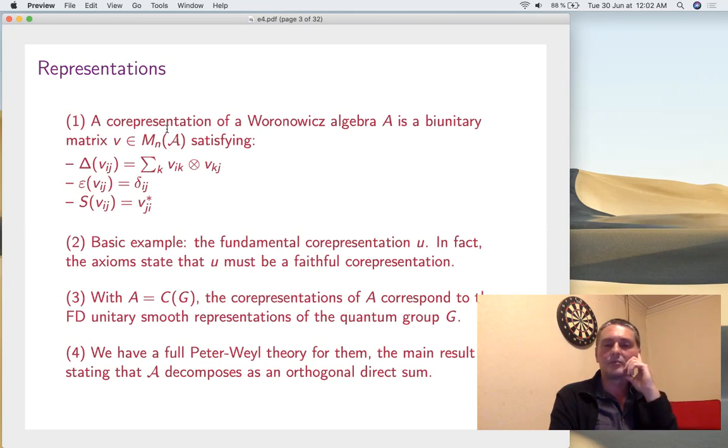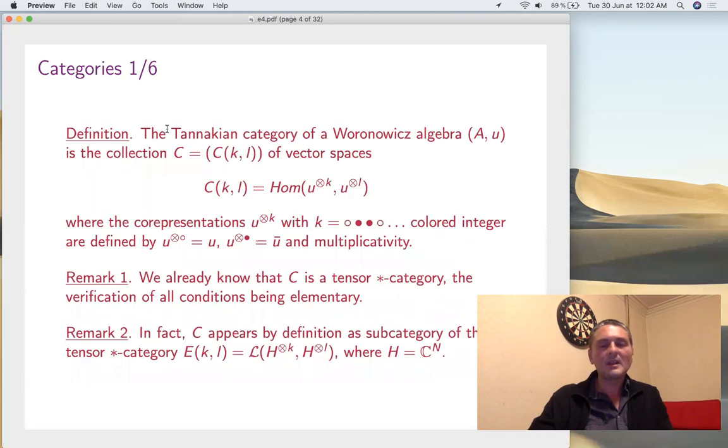And then we have Peter-Weyl theory, and yeah, there are many results there. The main one is that if you take the irreducibles, their coefficients somehow sit inside this smooth algebra A in a direct sum position as a coalgebra. Okay, it's not an algebra isomorphism, it's a coalgebra isomorphism, and these components are orthogonal with respect to the Haar functional. Okay, now let's go to work. So what's the idea?